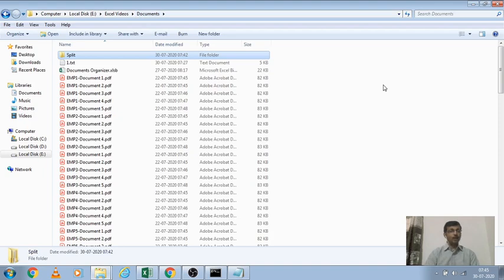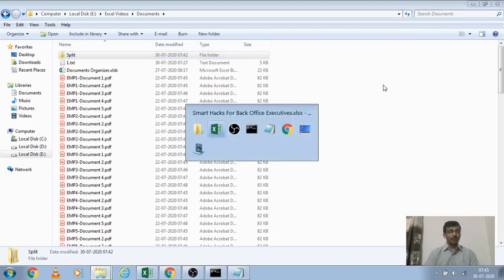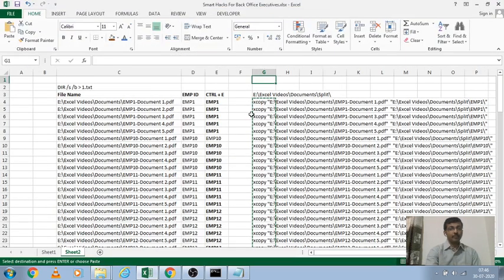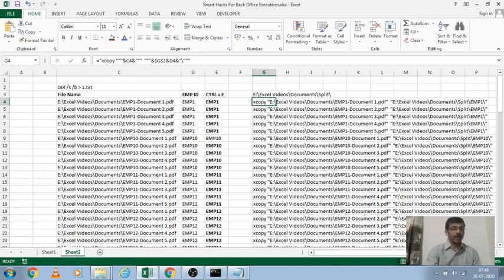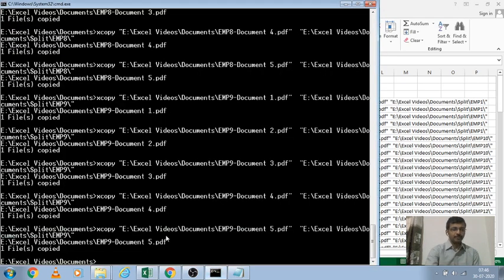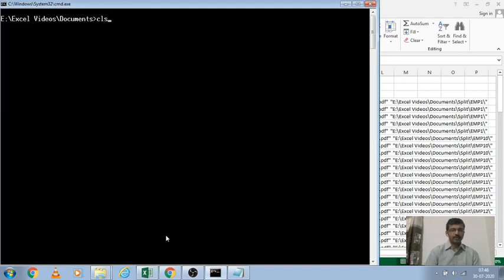I will tell you a bonus tip. If your file names are easily identified by unique characters, then instead of going file by file, you can copy a bunch of files at one time. For example, here for employee 9, I'm using split 1.